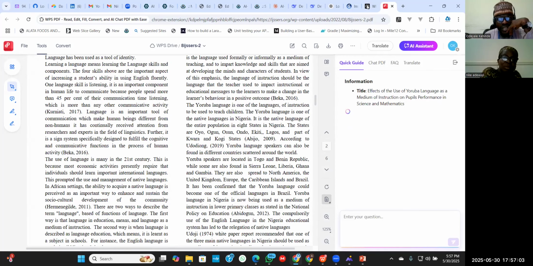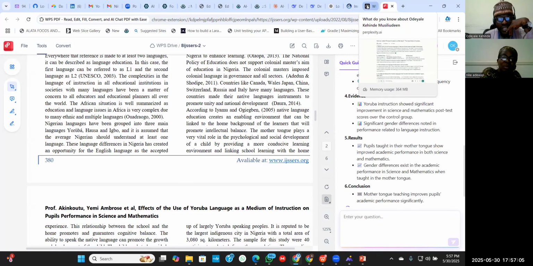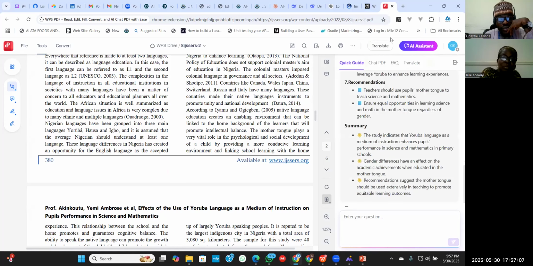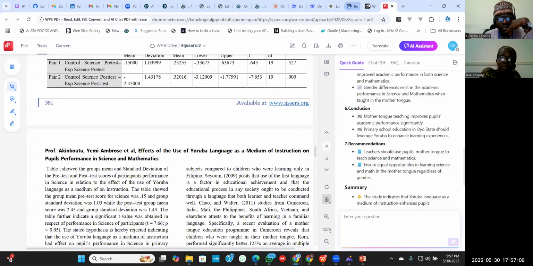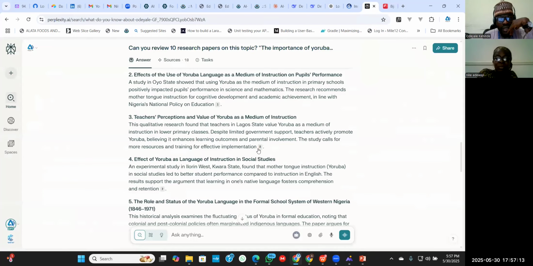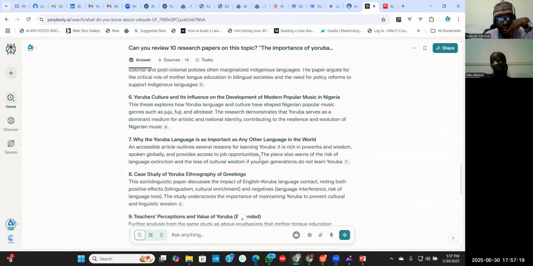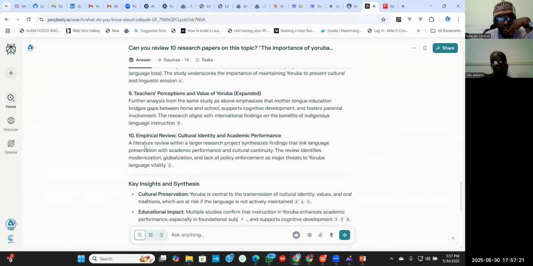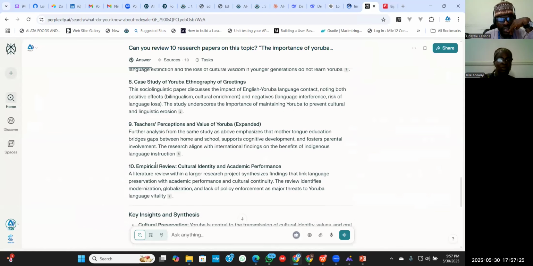So this is the beauty of Perplexity. When it generates the result, it will show the reference. So this is the PDF for the second one. Because we asked Perplexity to review the 10 papers, all these are the 10 papers.